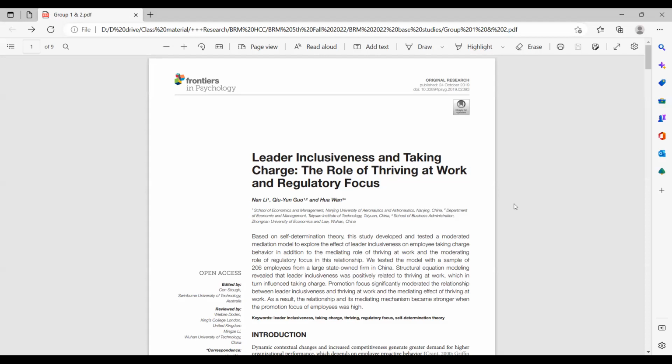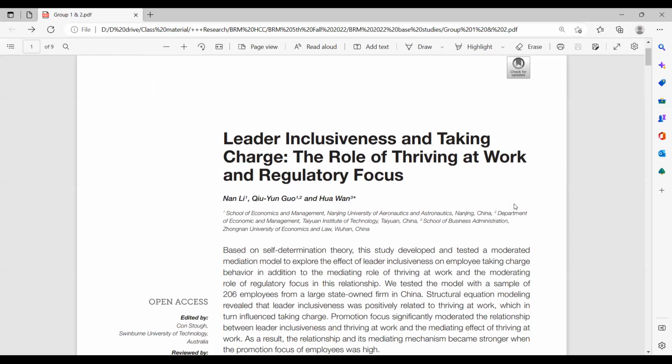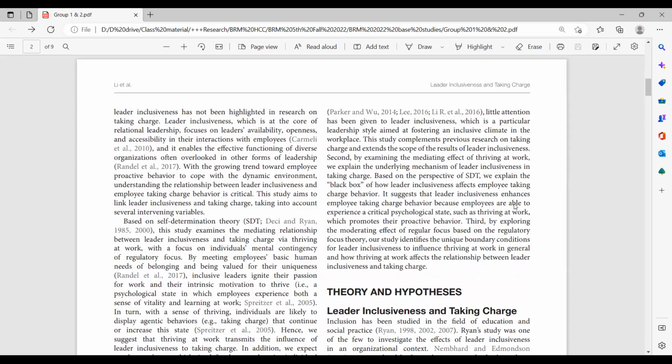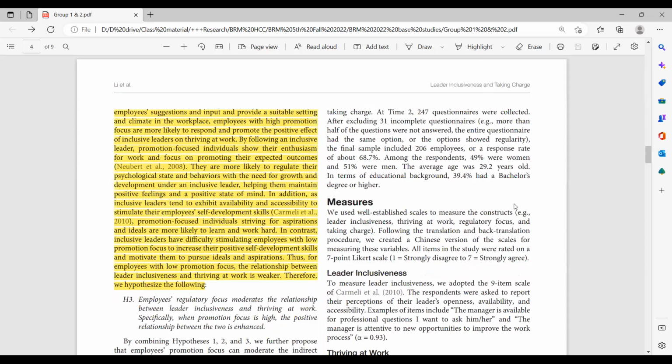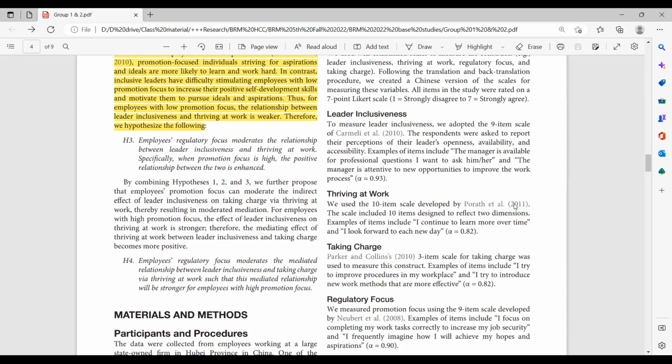So just to make you understand how we can do that, first you just go through the title, and you will come to know which variables are being investigated in that study. Now, as we already know, measurement is a follow-up of research design. So most probably you will see the measurement details given in the method section. So just jump through the sections, and at the end of the hypotheses, you will see the methodology section,